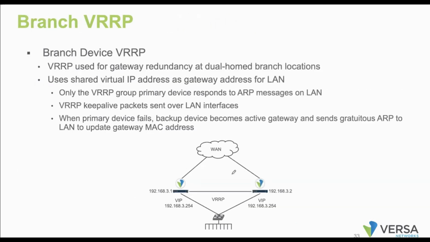Coming to the LAN side redundancy, what is going to happen? You can make use of VRRP, or we can make use of a dynamic routing protocol. With the help of either of these two solutions, we are able to achieve redundancy at the LAN side. As we know, VRRP goes with a virtual IP address, and almost all the industry standard options on VRRP are supported on Versa appliances as well.